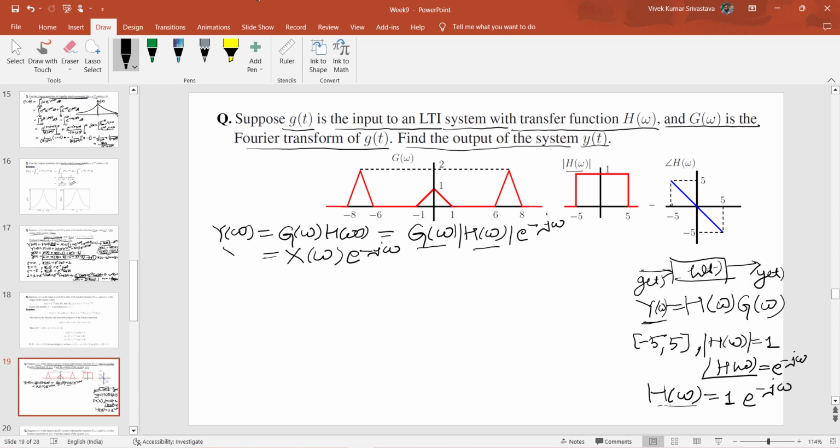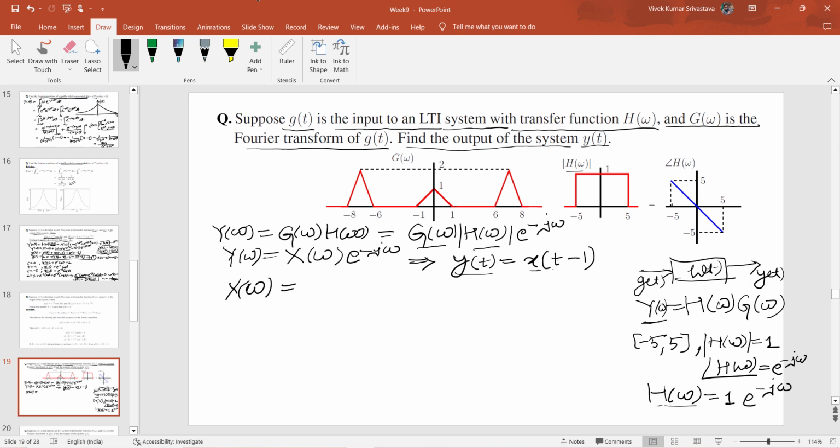So now I can take the inverse Fourier transform. Okay, so y of t is basically defined as x of t minus 1. Once we know that, what is the value of x of t here? We just have to delay the signal x of t by a factor of minus 1, and we will get the output of this system. For obtaining the value of x of t, x of omega is, first of all,